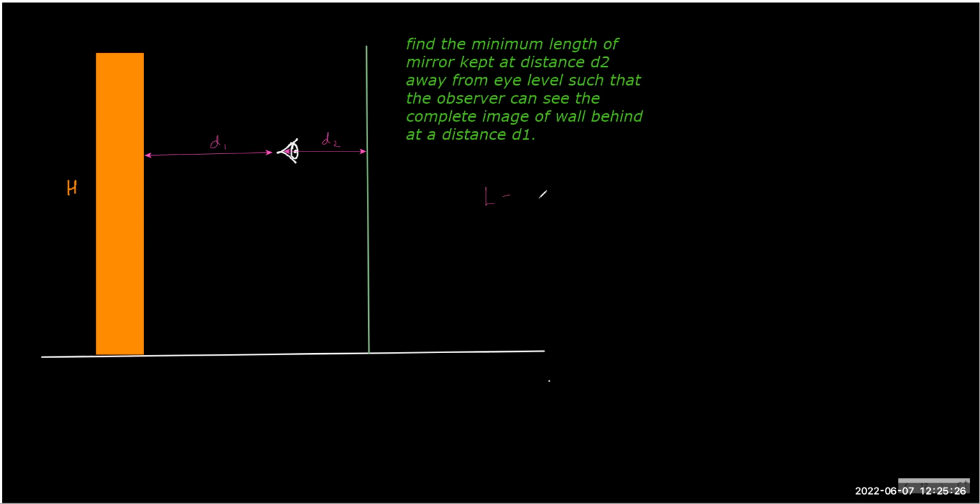So the minimum length will be h upon 1 plus d1 by d2, which you can rewrite as h upon 2 plus d1 by d2. Okay. So if I call d1 by d2 a ratio r, then the L minimum turns out to be